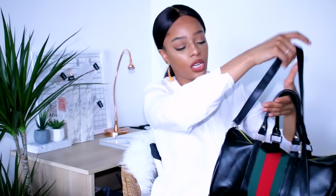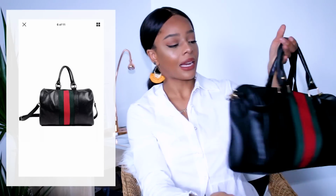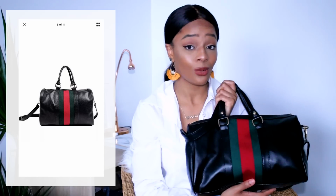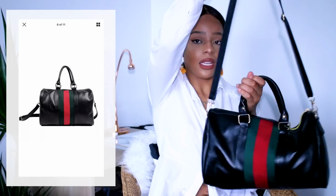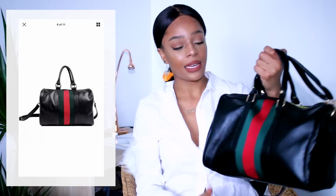Okay, so the last bag I got is also a Gucci kind of dupe. It's just a Gucci holdall sort of dupe, and it has the similar stripe there, which I really, really liked. It's in this faux black leather. I love the size of it. It's not too big because I don't like huge holdalls, but I do like this style of bag, and it's got the cross shoulder bit there, and then the details, and it looks really nice until, I'm not gonna lie, you get to